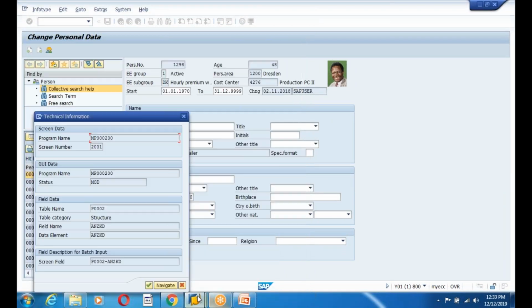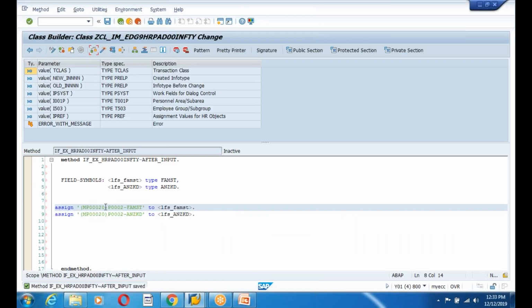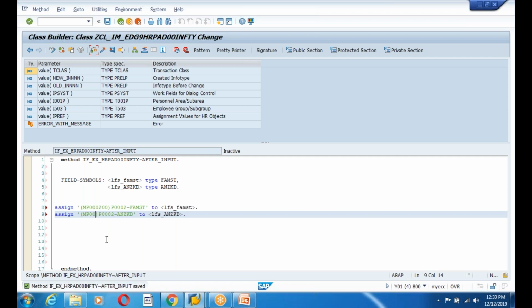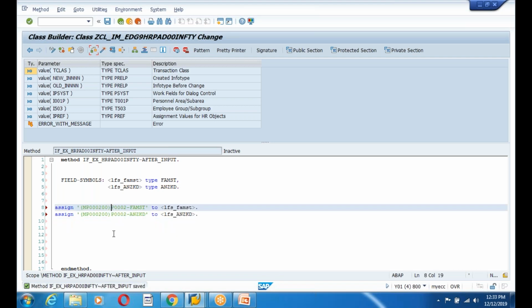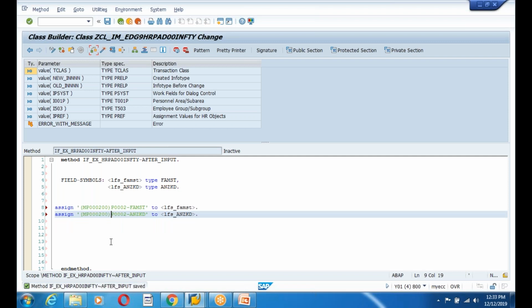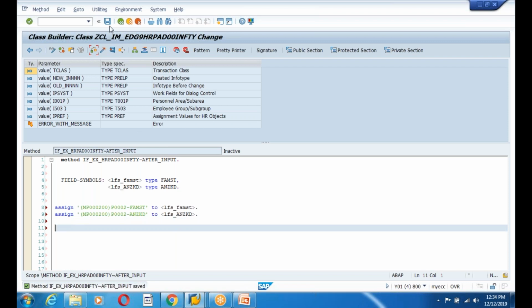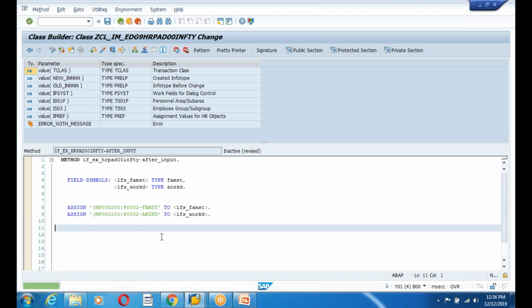Why we need to worry, and go here, Control V, Control V. Okay, P0002 is fine, right? Do you have any space? No. Okay, I thought there was some space. So assign this value to here, assign this value to here, guys, and save, pretty printer. Yes, and guys,